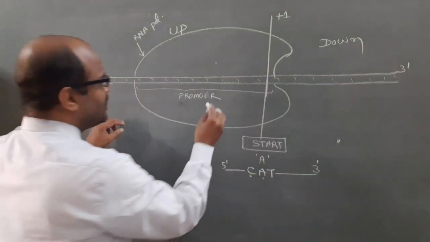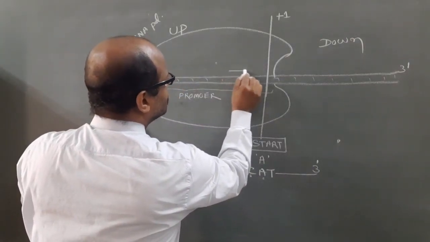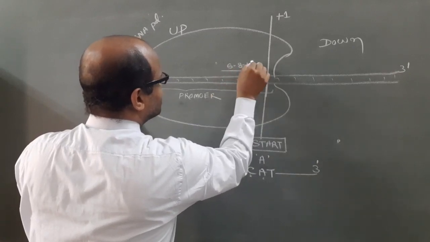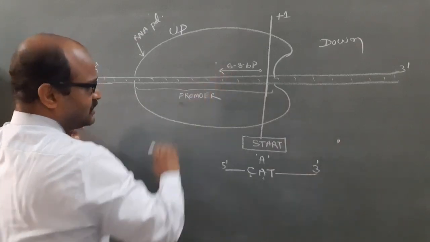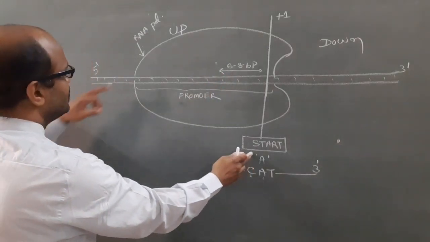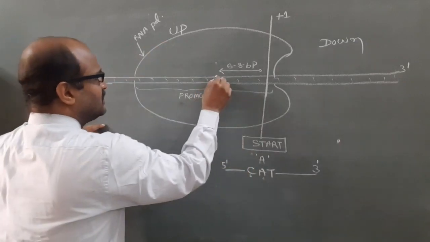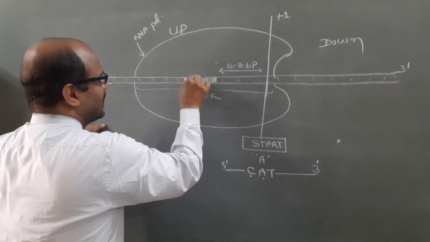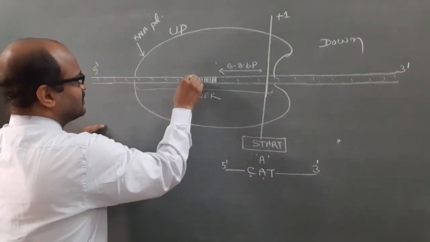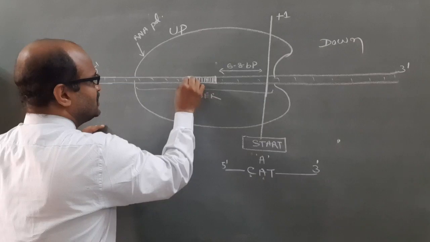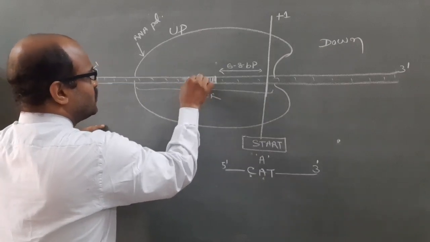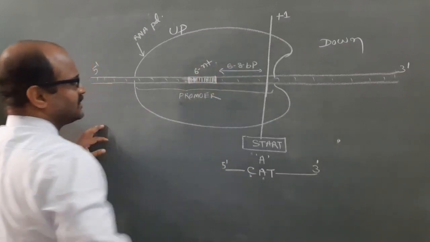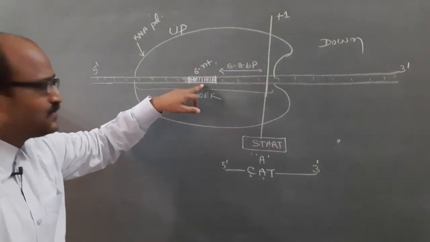So 6 to 8 base pairs' distance from the start point towards the upstream region, there is a special sequence composed of 6 nucleotides, and that's why this sequence is known as